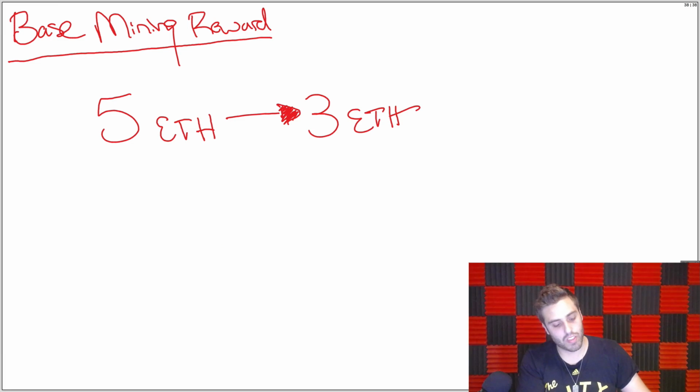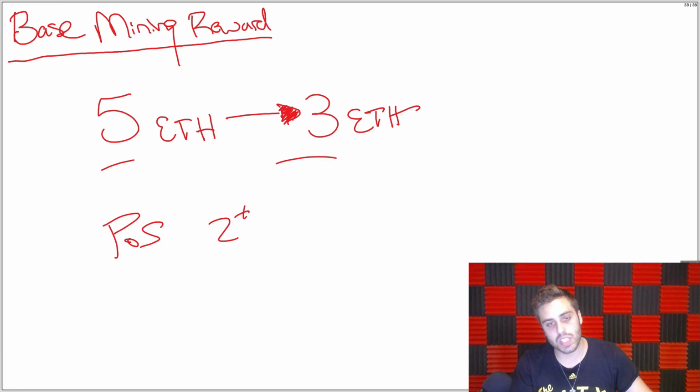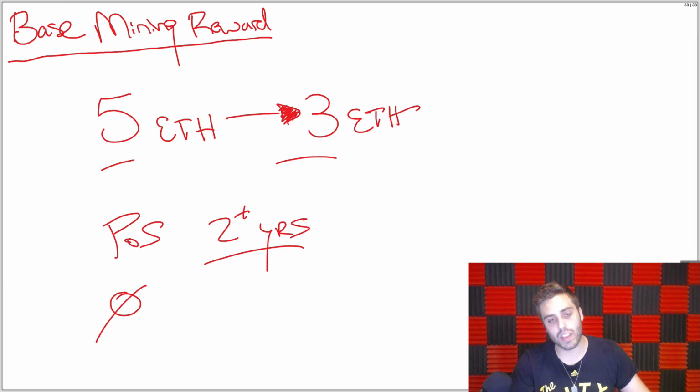In my opinion, the reason why the development team wants to reduce the mining rewards is because they want to keep the miners on a bit of a leash. When Ethereum moves to proof of stake, which is still maybe 2+ years away, in my opinion, miners are going to go from making real money to making 0, right? Their mining equipment will not work on the proof of stake network. There might be a hybrid transition where it's hybrid proof of work, proof of stake for a while, so maybe it might not be that extreme, but they'll lose a lot of money.